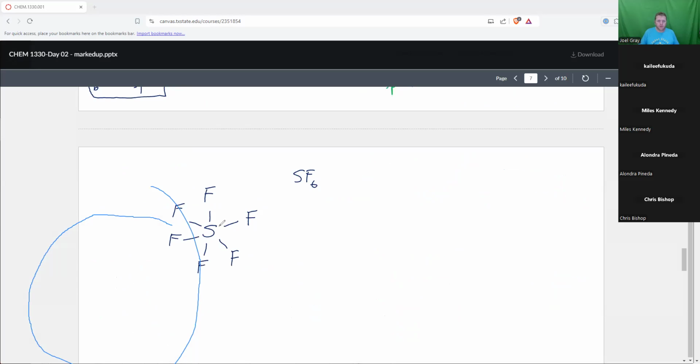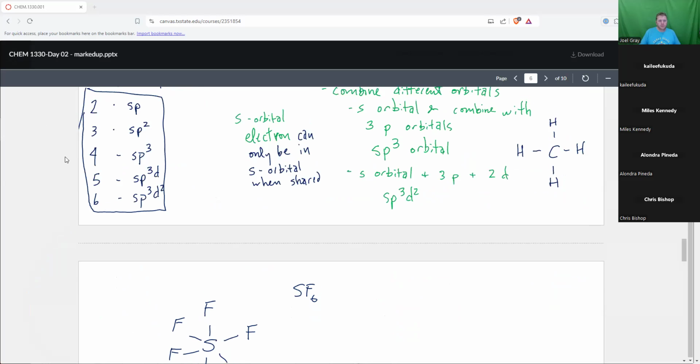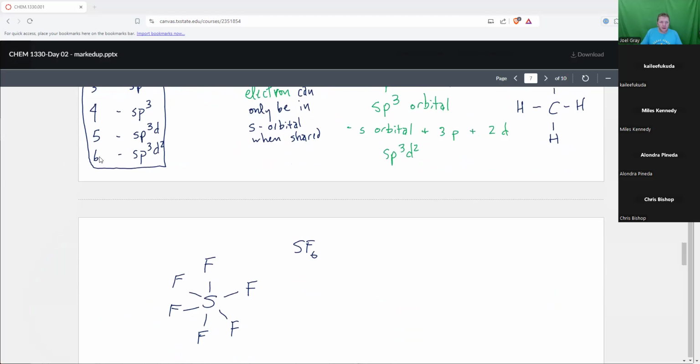Okay, the sulfur in the middle has a total of 6 fluorines surrounding it, making up the molecule SF6. Okay, what's the hybridization of that sulfur? Well, it's got 6 things around it. So what I'm going to do is I'm going to look at this right here. And I would say, all right, the hybridization of sulfur is